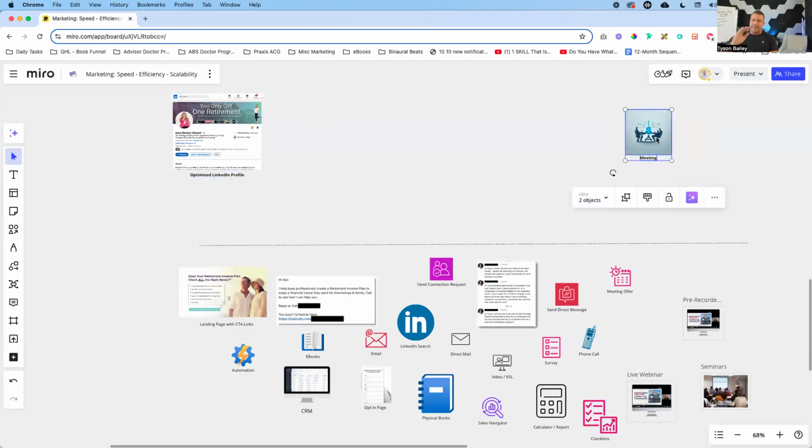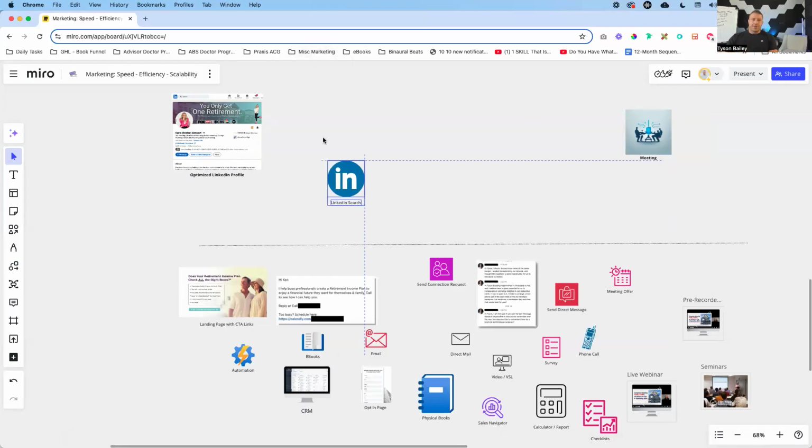So understanding that that is our eventual goal. Down here below, I have all these different tools and resources that you can use in order to bridge the gap between you being on LinkedIn and getting somebody to a meeting. Now, let's go with the manual approach on the LinkedIn side. We're going to go both with manual and both with the lowest cost, okay?